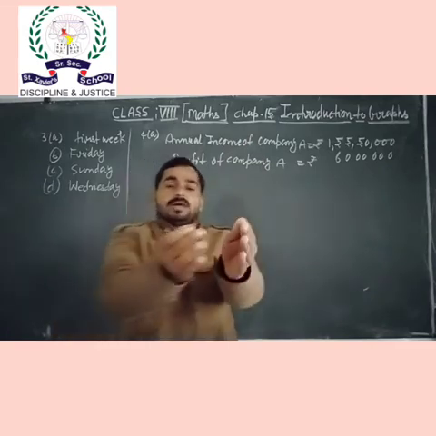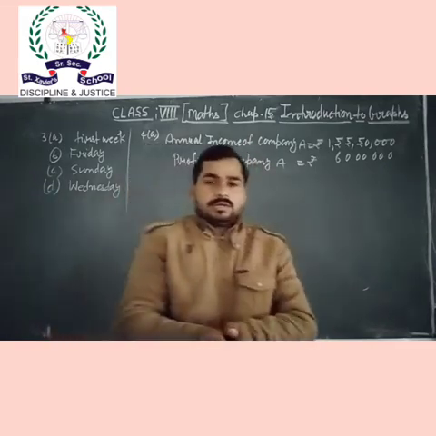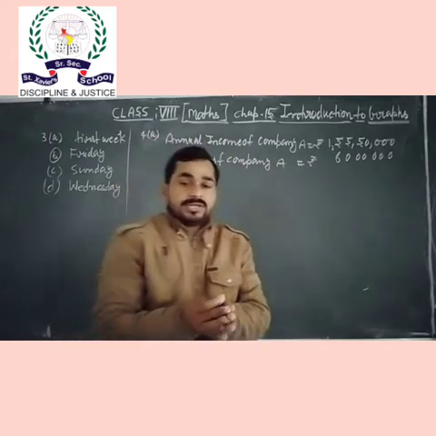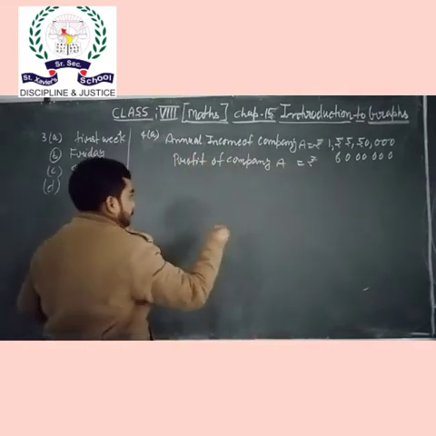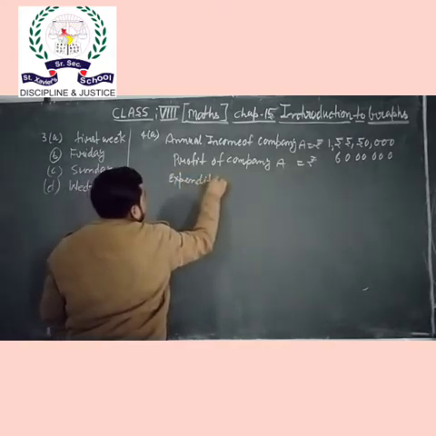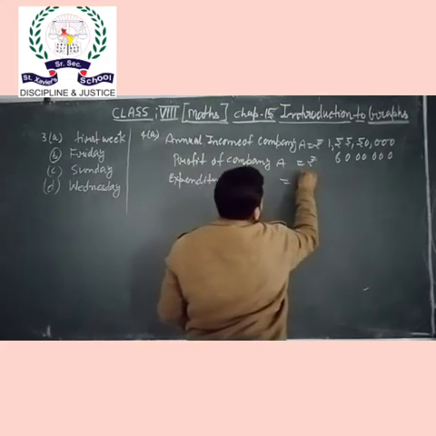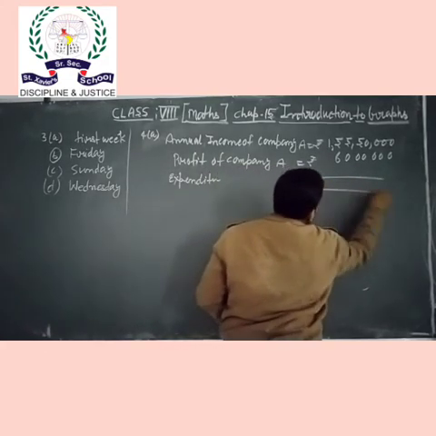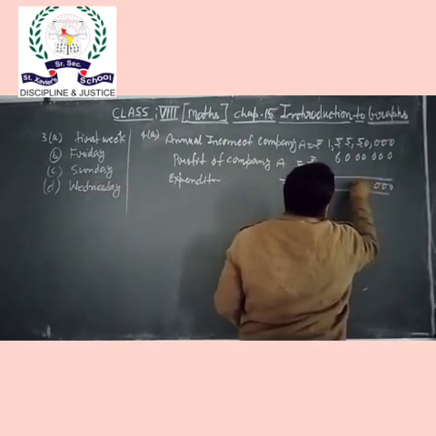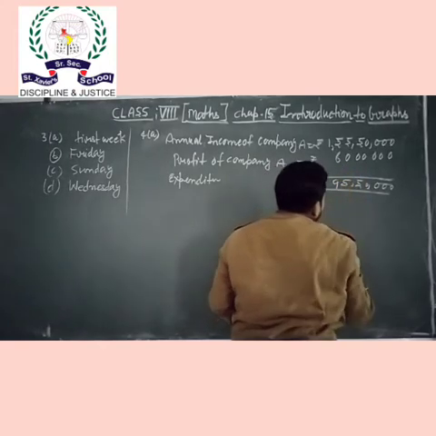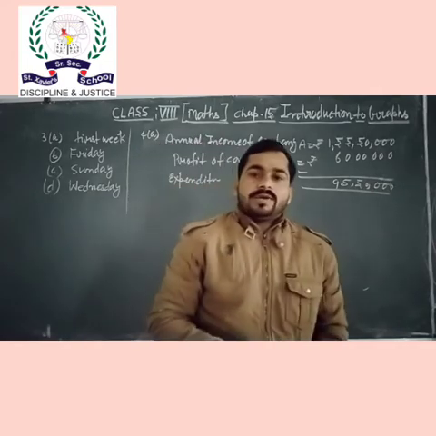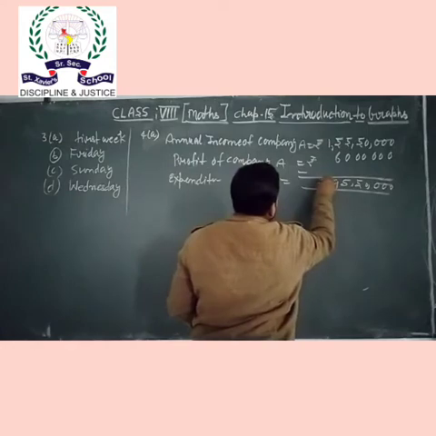When we know the income and the profit, then income minus profit, the difference that comes, will be your expenditure. Expenditure means the cost incurred by the company during this year. So expenditure is equal to, we have to subtract these values. So 3 zeros, then 50, 15 minus 6, 9. 95 lakh 50,000. This is the expenditure of company A.